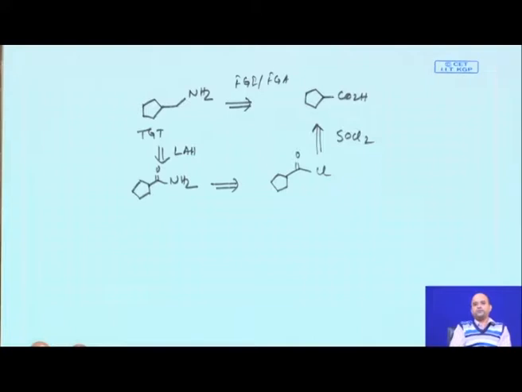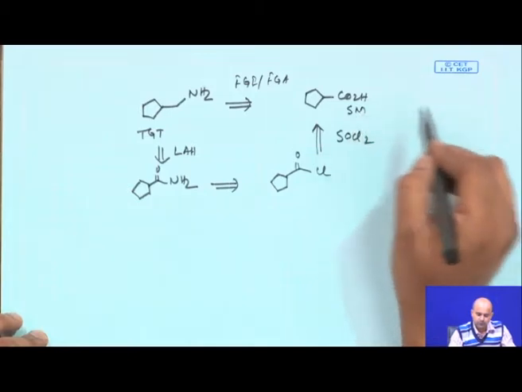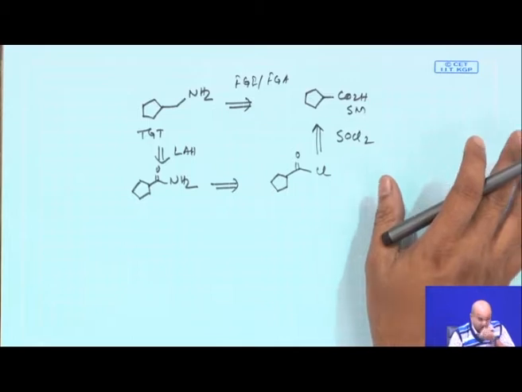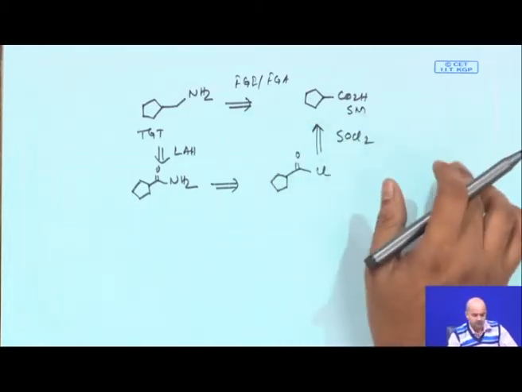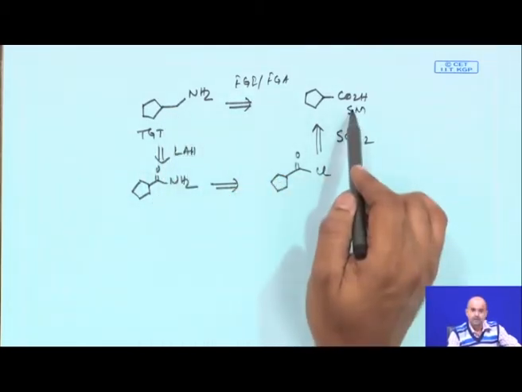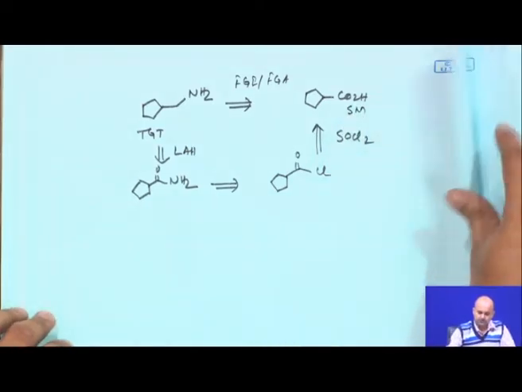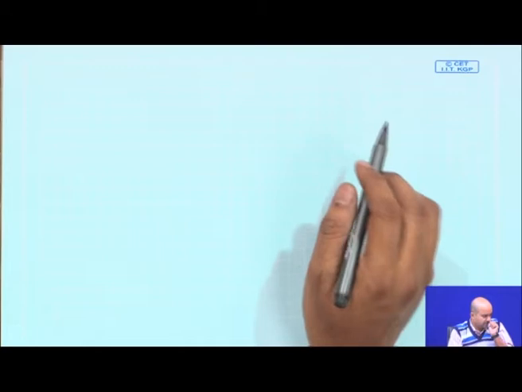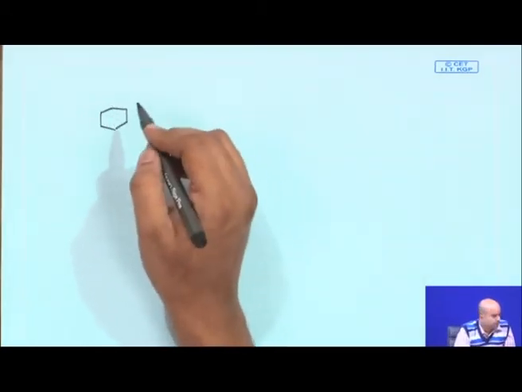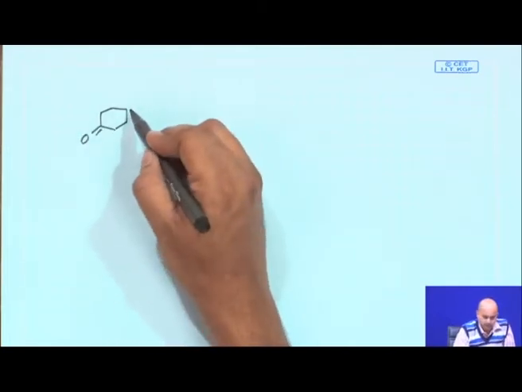So, this is a straightforward FGI manipulation. You just do a couple of FGIs, there is nothing else, there is no name reaction involved, no other transformation involved. It is very simple FGI to introduce the particular appendage starting from this functional group. In a similar way, we will be talking about how different appendages or different functional groups need to be introduced at different reacting sites of a given molecule.